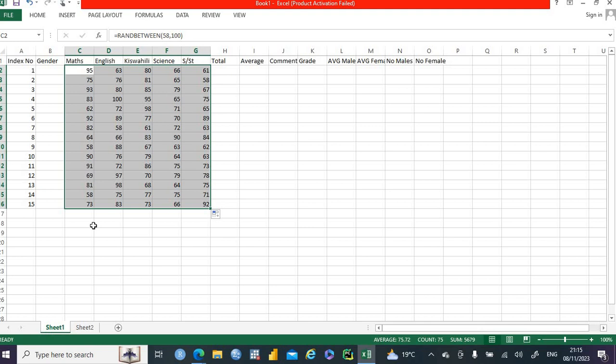So it can pick 98, it can pick 90, it can pick 59, it's random. So my first student will be different from yours. It will not always necessarily be the same. If you have seen that and you have the marks, and you are able to do it from your end,